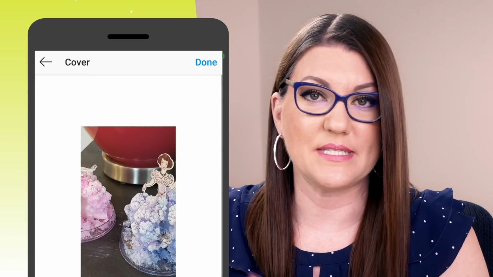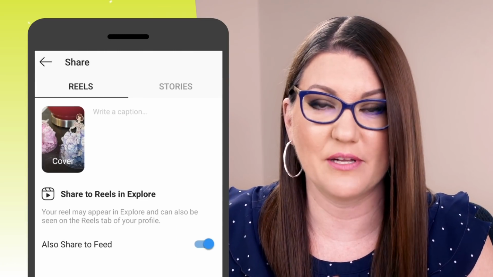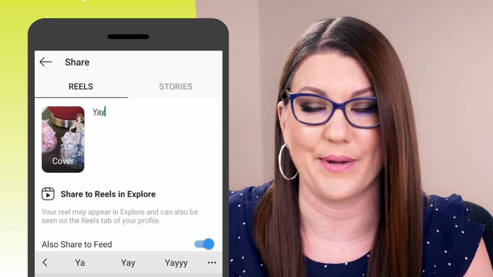To add a custom cover image on iOS devices, you'll clearly see where it says add from camera roll, you can tap on that. On Android devices, you're gonna wanna swipe up on the screen to see the option to add from gallery, then select the cover image that you want and it will upload as your cover image. Tap done when you've selected your cover image to return to the share screen, and now we can edit your caption.